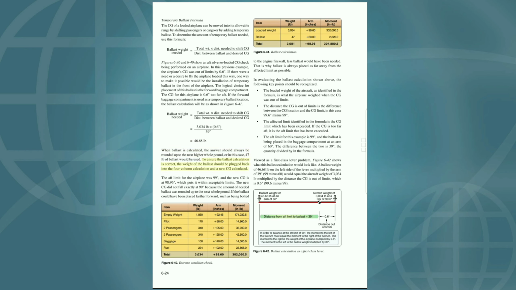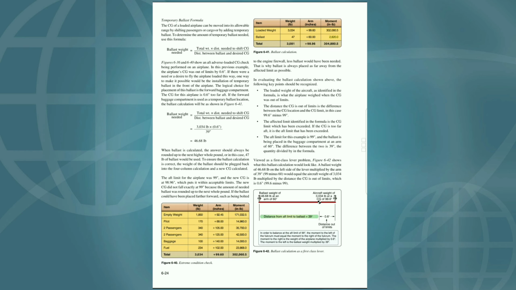To ensure the ballast calculation is correct, the weight of the ballast should be plugged back into the 4-column calculation, and a new CG calculated. The aft limit for the airplane was 99, and the new CG is at 98.96, which puts it within acceptable limits. The new CG did not fall exactly at 99, because the amount of needed ballast was rounded up. Item weight, pounds: loaded weight 3,034, ballast 47, total 3,081. Arm, inches: plus 99.60, plus 60.00, plus 98.96. Moment, in pounds: